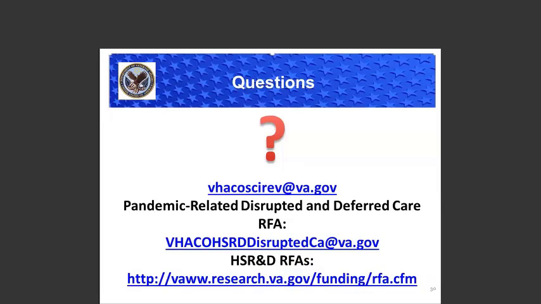And I see there's another question here. Where do we find guidance for the non-veteran waiver? Okay, for the non-veteran waiver, we have created a template that's pretty self-explanatory that the investigator can complete and submit to our office, and you can send a request for that template to the scientific review mailbox, which is on the slide that you're seeing, the first email address, and Tiffin will provide you with that template. Great, thank you.